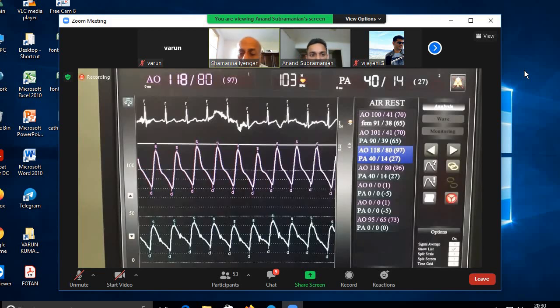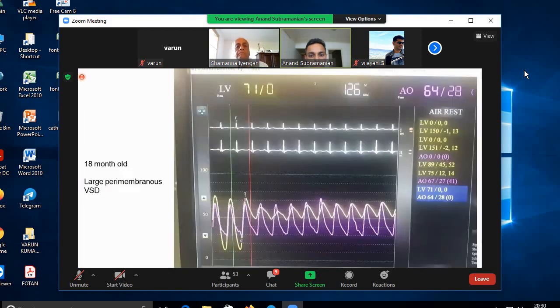Yeah. So if you recollect the first slide, I told you that the aortic and the PA diastolic pressures were equal. Now this is a tracing. I just brought this up not to discuss the hemodynamics further in this patient, but just to